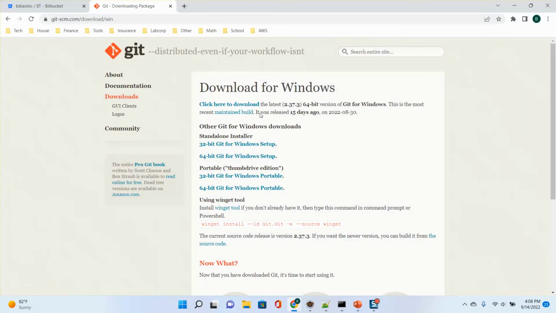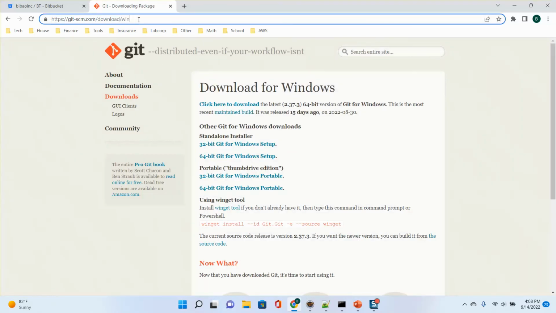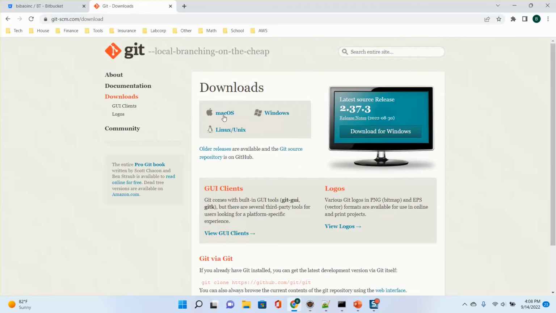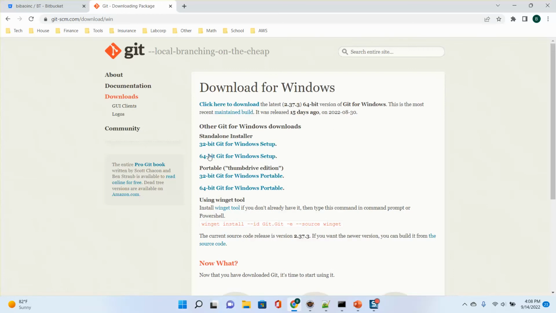Yeah. So if you only see download, there could be different versions, like Mac OS, Windows, Linux. So if you click Windows, you go to the Windows version. Then you need to have this one. You click